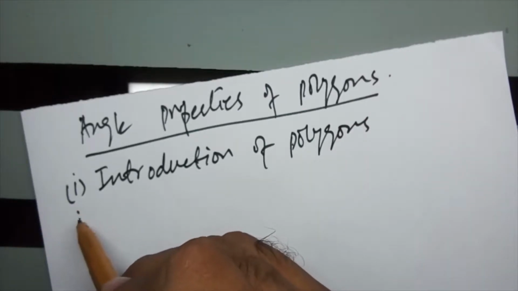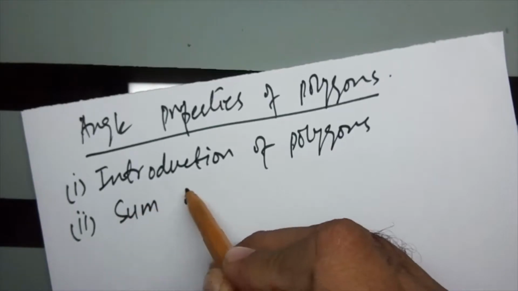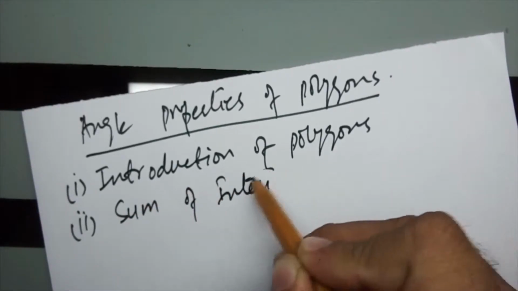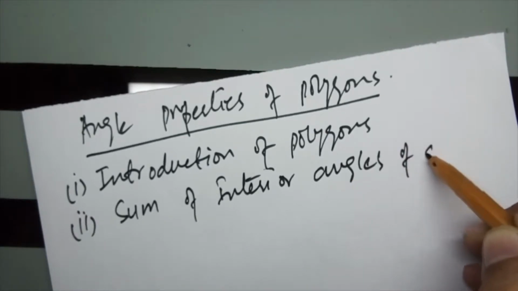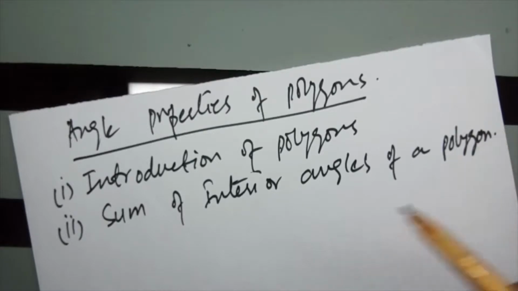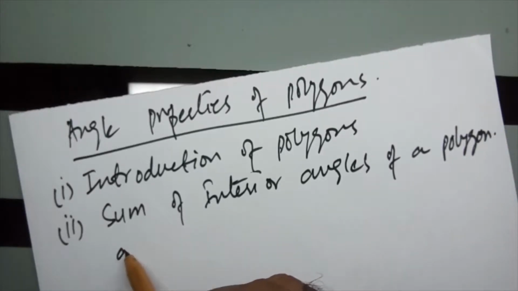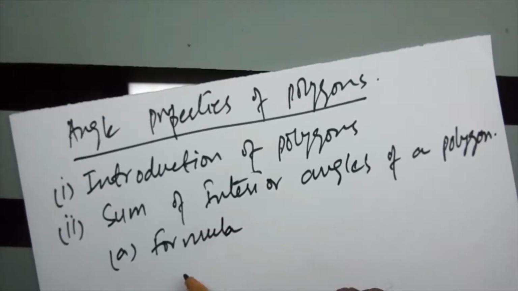and the second point is sum of interior angles of a polygon. Okay, and I will give you a formula that will be used to find out the sum of the interior angles. And the second thing, we will discuss some examples. Okay,